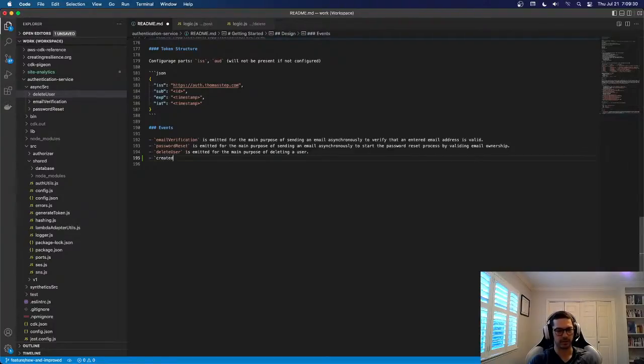This is application created, because the application has already been created, and then we're going to have an application deleted. This handles actions such as